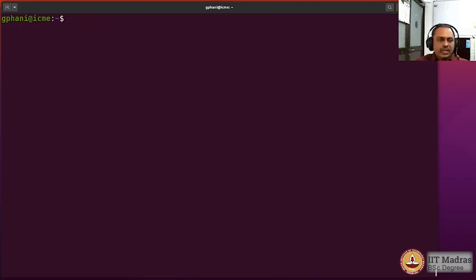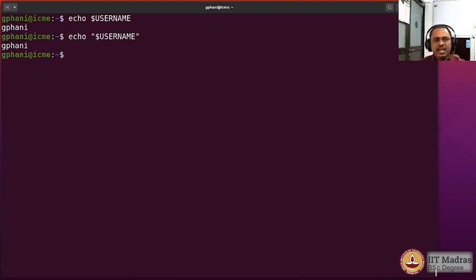Now you can use the echo command to also display values of shell variables. And as we mentioned earlier, every shell variable starts with the dollar symbol. So the very first variable would be to display the username, the user who is logged on. And you would see that the username is displayed on the screen. You could also enclose the shell variable within double quotes, and it would be interpreted and then displayed.